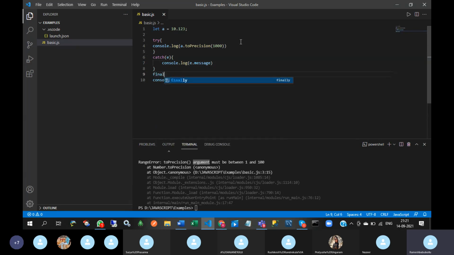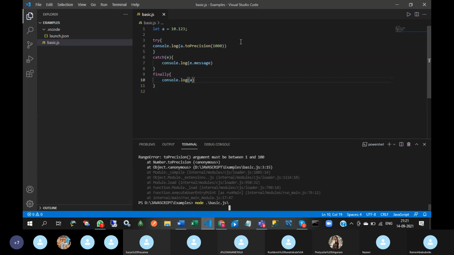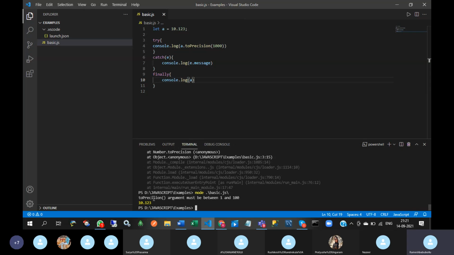And finally, see this. Now this error message will come, and then a value will be displayed. Okay, so this is the way to handle the exceptions.